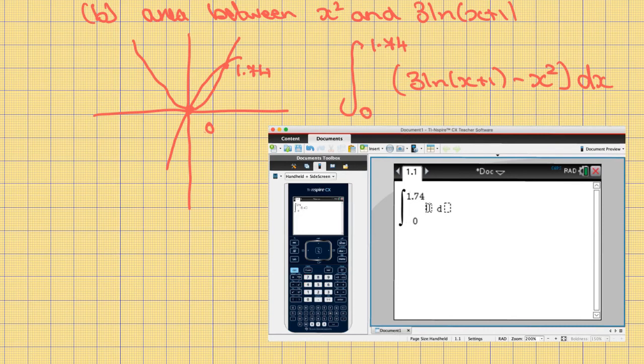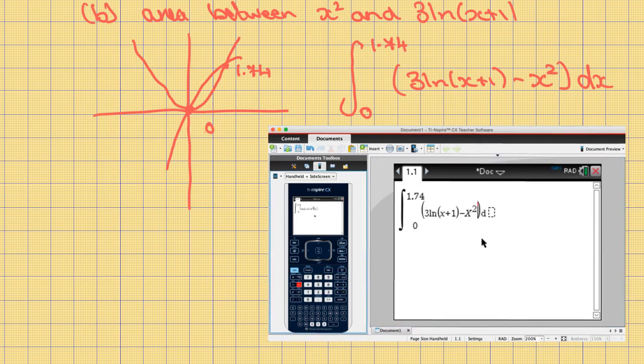And in this box, type in your equation. So we want 3 log x plus 1 minus x squared dx,